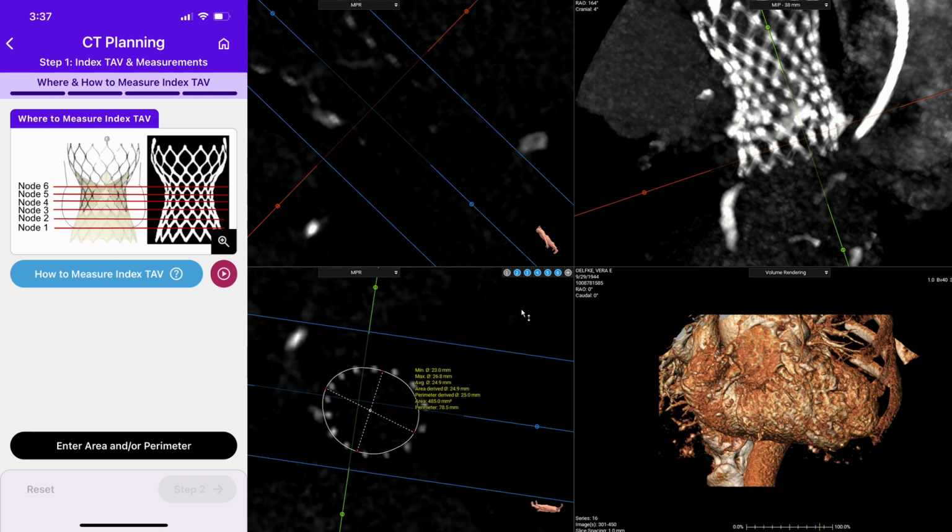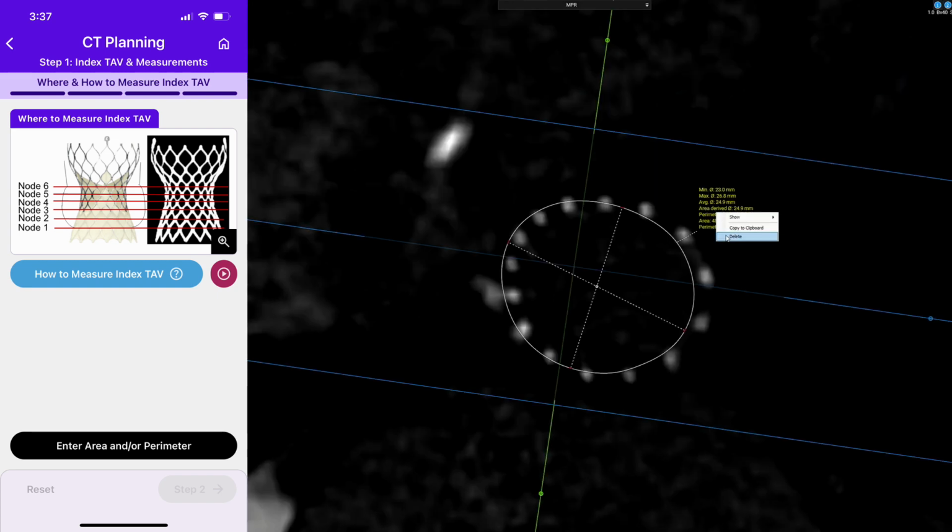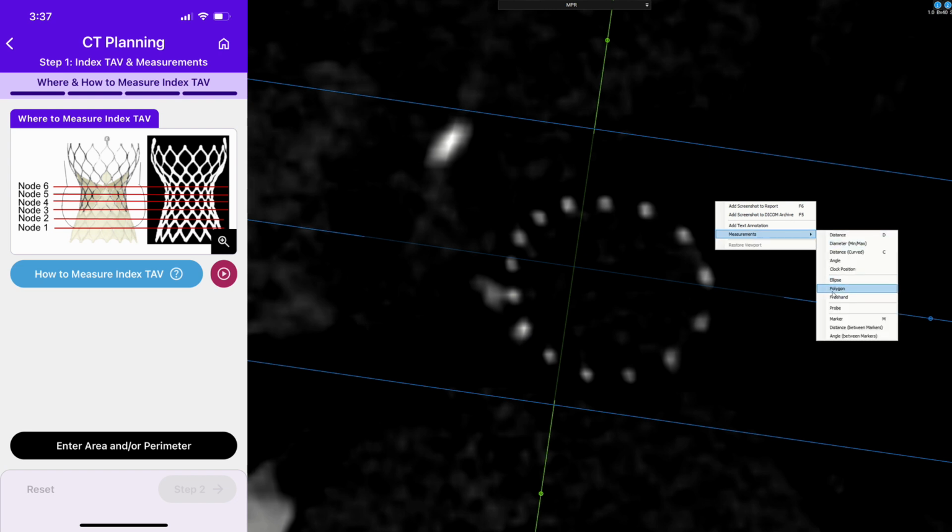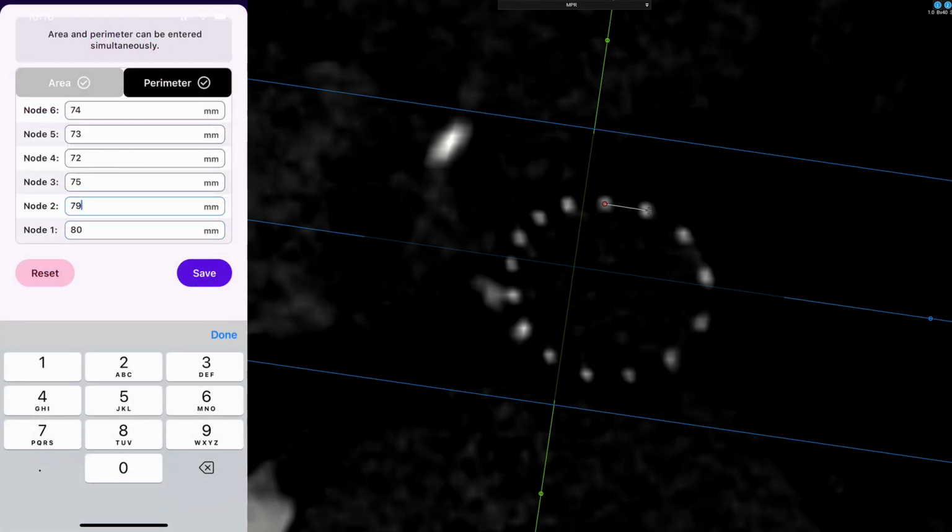And finally, at the node 1 level, after or during the measurement, please fill in the area and perimeter in